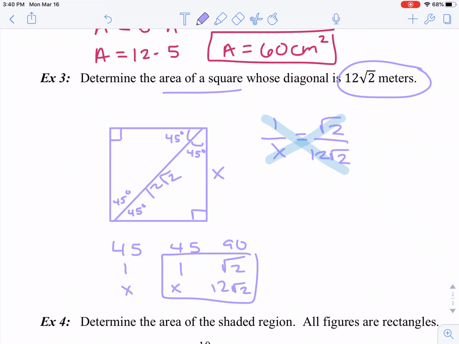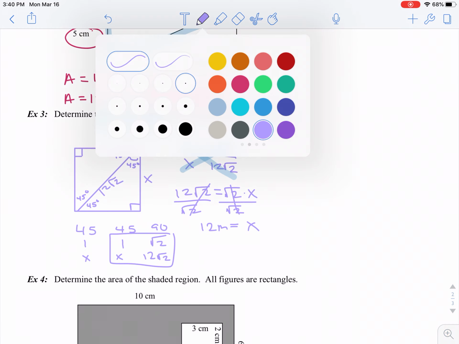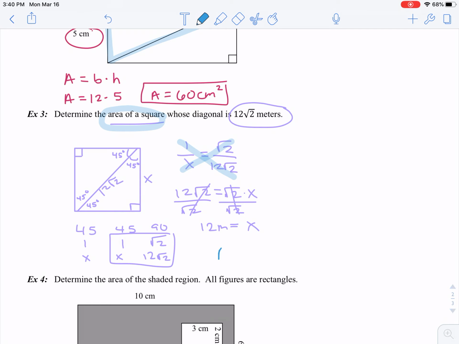I'm going to go ahead and cross multiply. So I get 12 root 2 equals root 2 x. And when I divide both sides by root 2, I get that the side of my square is 12 meters long. But that didn't answer my question yet. My question is actually what's the area of my square? So I'm going to go ahead and say area equals 12 times 12, which is base times height, or 12 squared. And that gives me 144